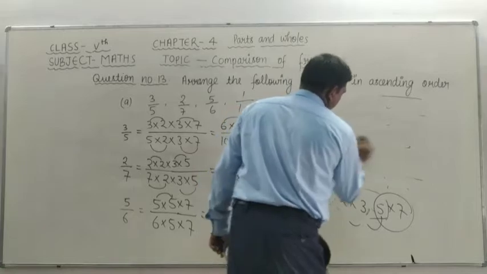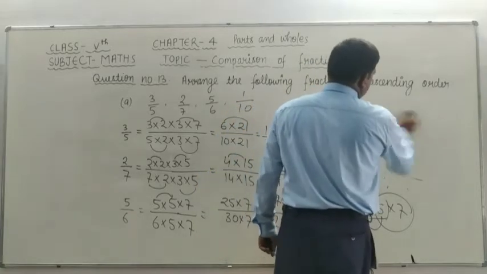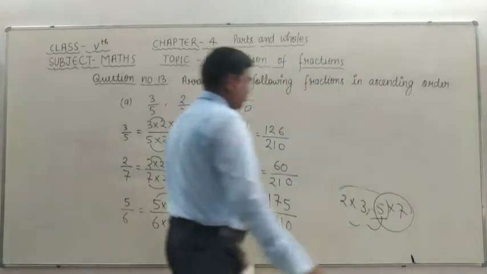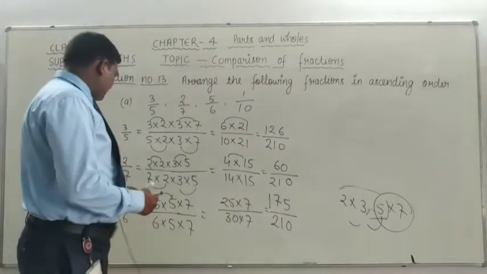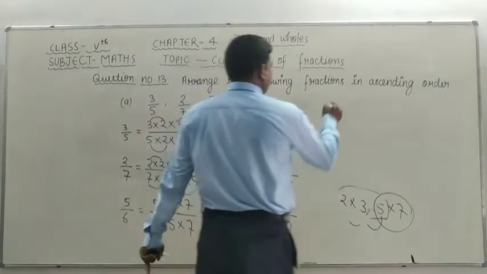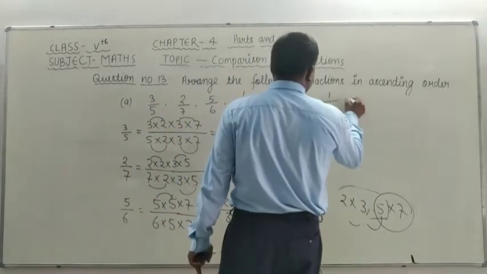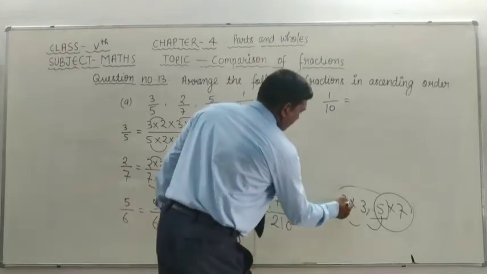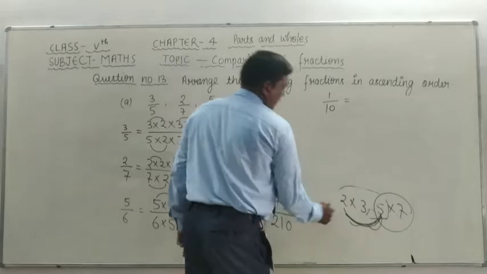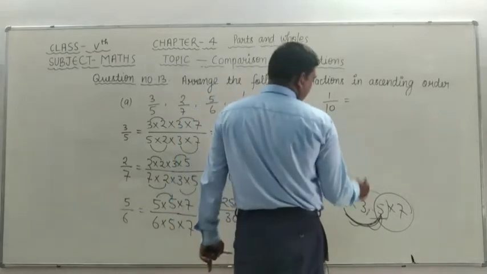In this question, if any student has a doubt, please ask me. This is a very important question of this chapter. Look, and lastly, given 1 by 10, 1 by 10 is equal to. Look here carefully. If we multiply 5 by 2, then we get 10. Therefore,